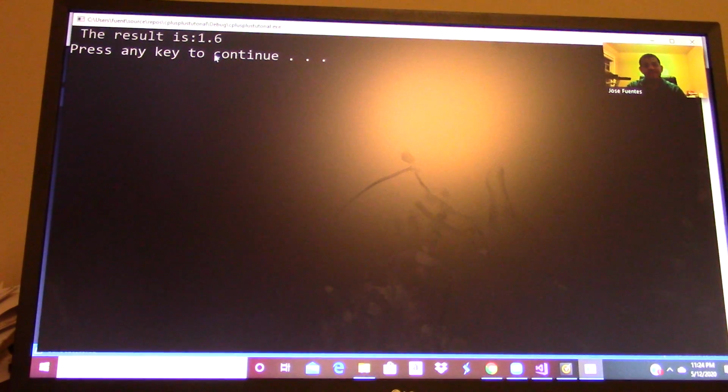And again, like I said last time, it depends on what you're doing. The double gives us a better chance, right, to work with both integers and decimals. Okay,